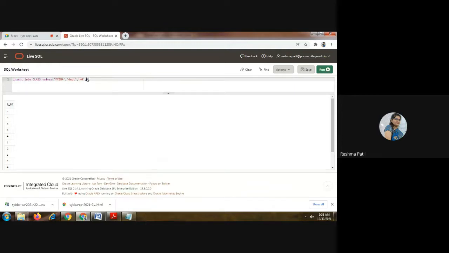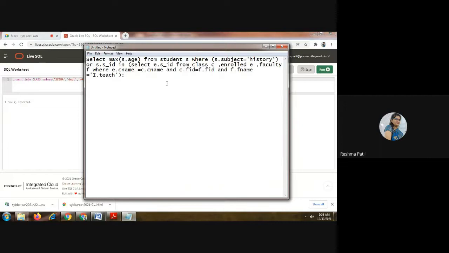There is the FID 5. Execute. Row inserted. Now execute that query again.